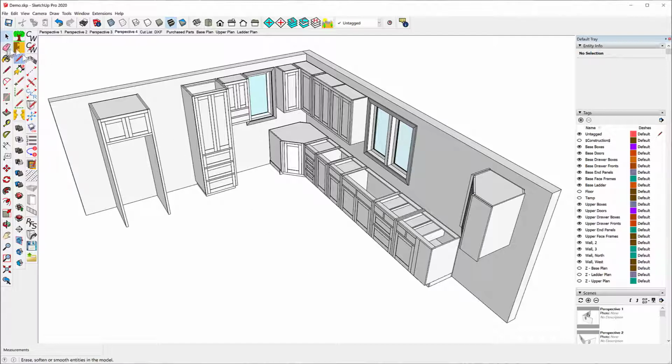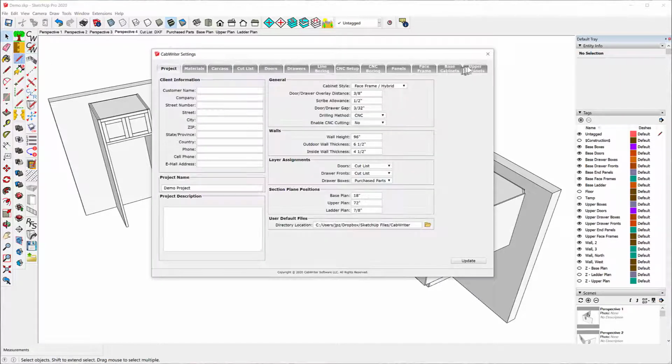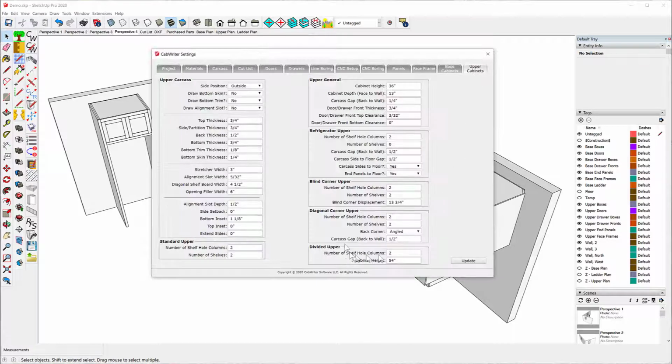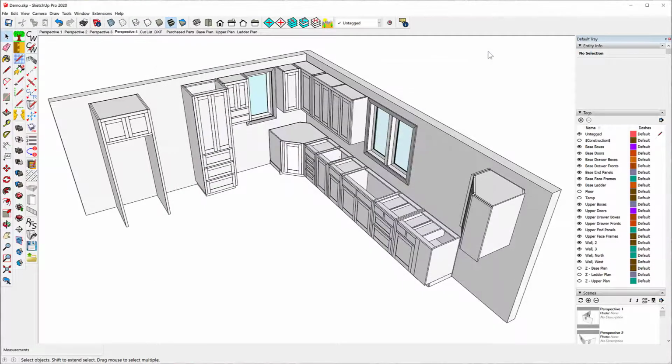What I'm going to do is go to the upper cabinets. This applies only to upper cabinets. And there are two new defaults here called Top Inset and Extend Sides. So let me play with the Extend Sides first. I'm going to extend sides by 2 inches. So I'll just enter 2 inches, update, close this,